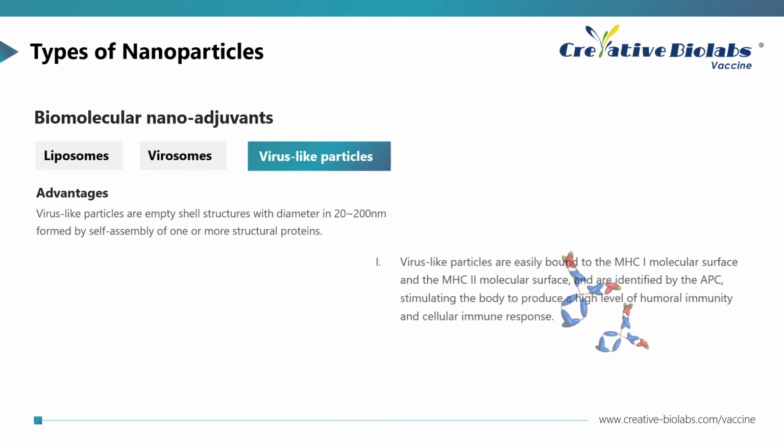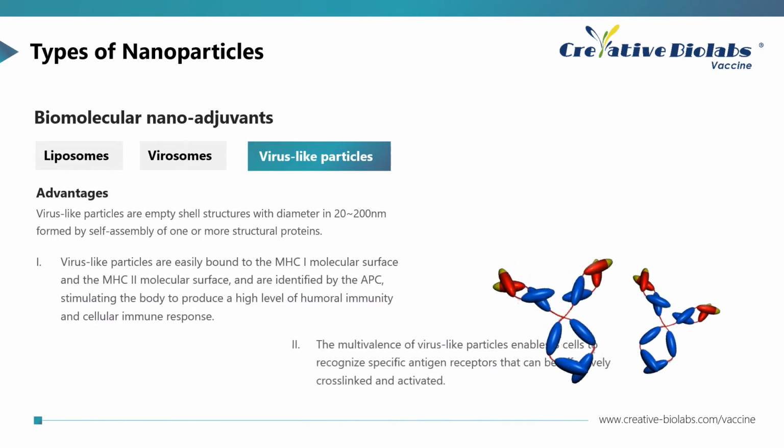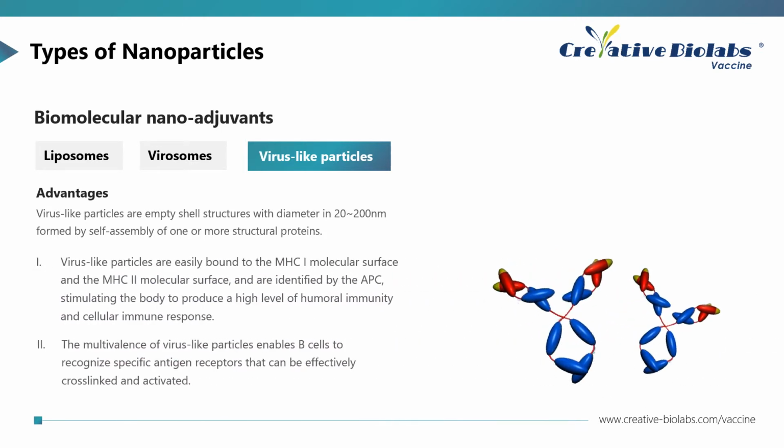Virus-like particles are empty shell structures with a diameter of 20 to 200 nanometers, formed by self-assembly of one or more structural proteins. Because virus-like particles do not contain nucleic acid, they are not infectious and cannot be replicated in the body. Because of their natural virus-like structure, they easily bind to the molecular surface of MHC1 and MHC2, and are identified by the APC,